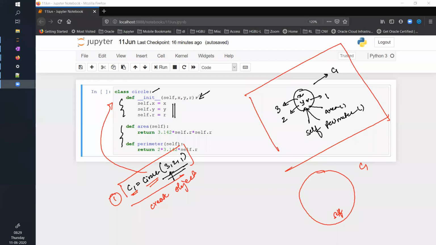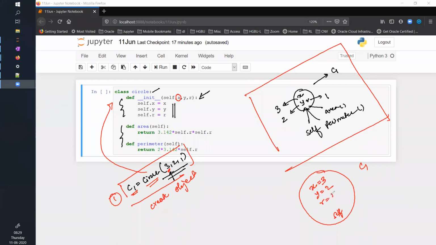And in this init function, you have the attributes, parameters x, y, and r. So when you invoke this, when this line of code gets executed, what will happen? In def init, it will see self.x. Because this is self, you are saying assign an attribute x to this self. And what value to assign? This value is coming from here, and this value is coming from this 3. So assign a value of 3. Similarly, for y, assign a value of 2. For r, assign a value of 1.